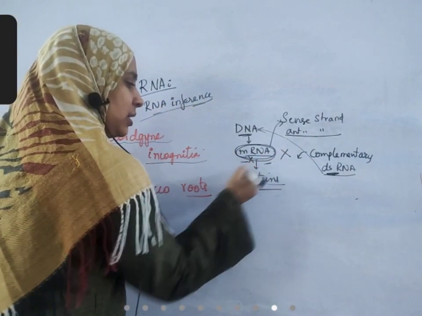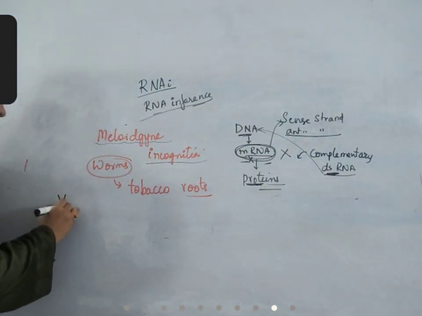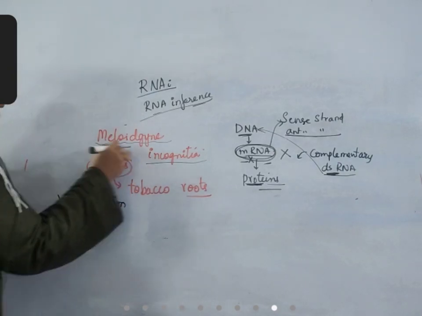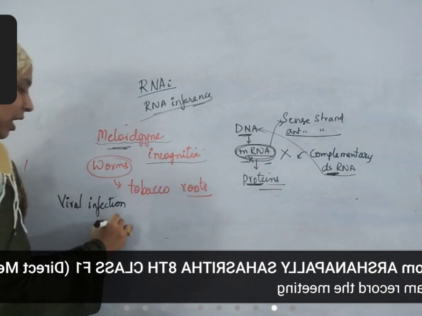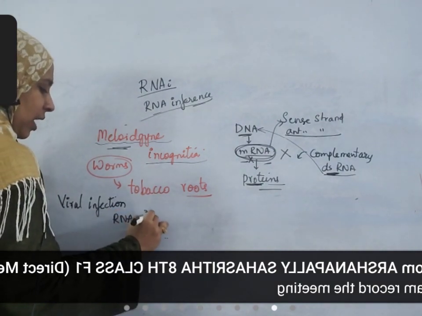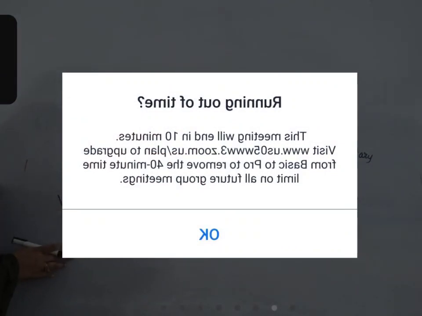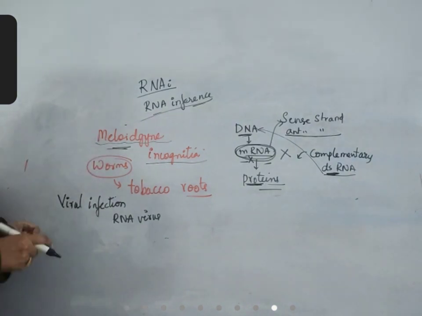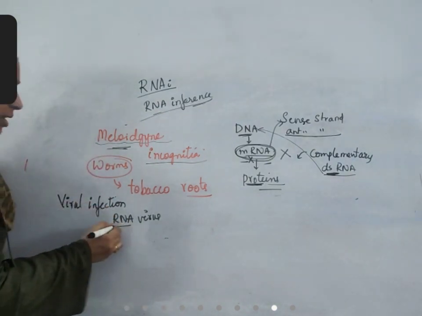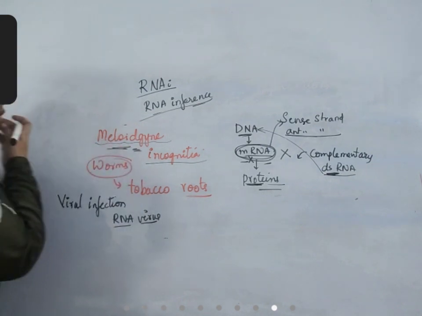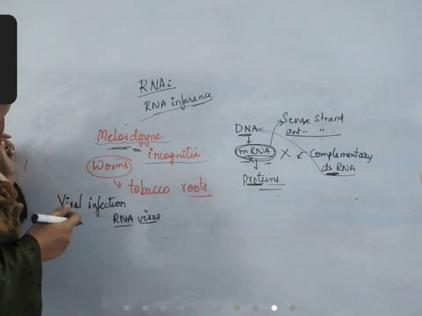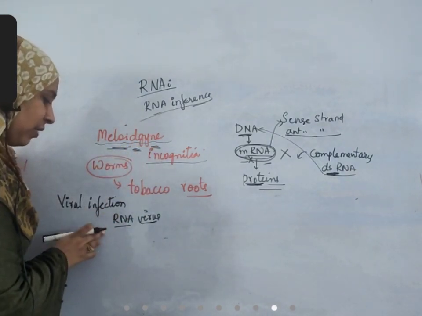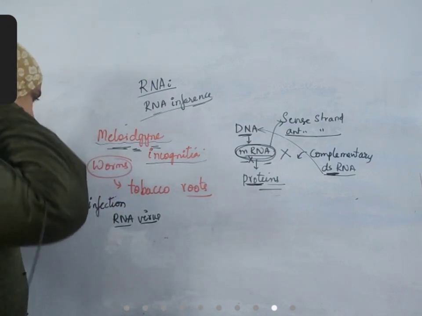How do we find out the mRNA? For every organism, there will be viral infection. So, the virus that infects this nematode is an RNA virus. So, we know that RNA viruses take control of the host and produce strands that are similar to the host's. We have discussed this. RNA viruses take control of host organisms and produce strands similar to this host organism. So when you take this RNA virus which infects this nematode Meloidogyne incognita,